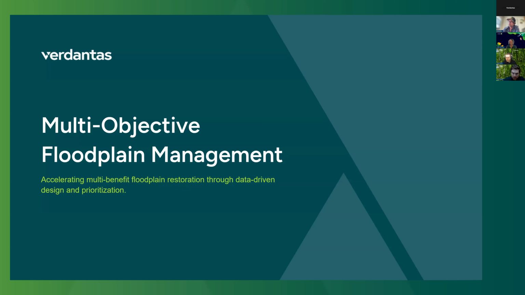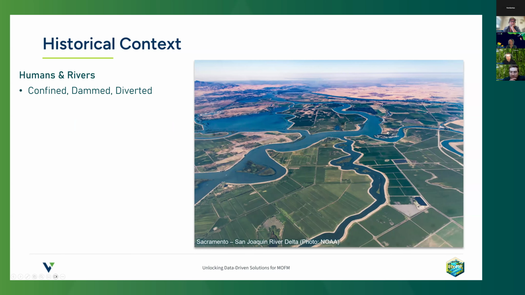I'm going to hand it over to Luke to talk a little bit about multi-objective floodplain management and the EcoFIP tool. All right, thanks, John. I'm going to advance the slide here. I first wanted to define the problem that we're trying to solve with this tool and then get into how it works at a high level, dipping into some of the technical details, and then passing back off to John to look at that in a little more detail on the Wabash River before Carrie and Jacob join toward the end.